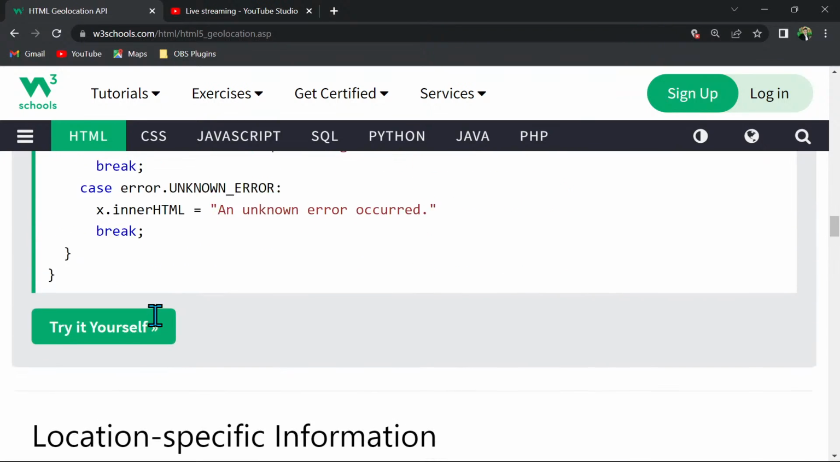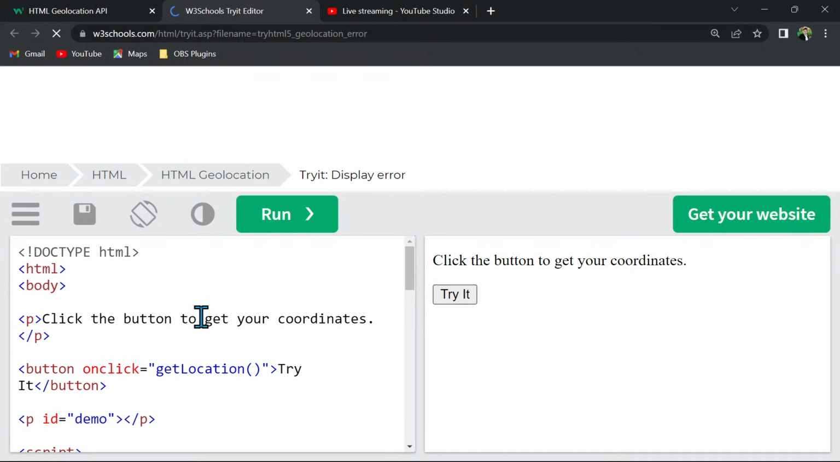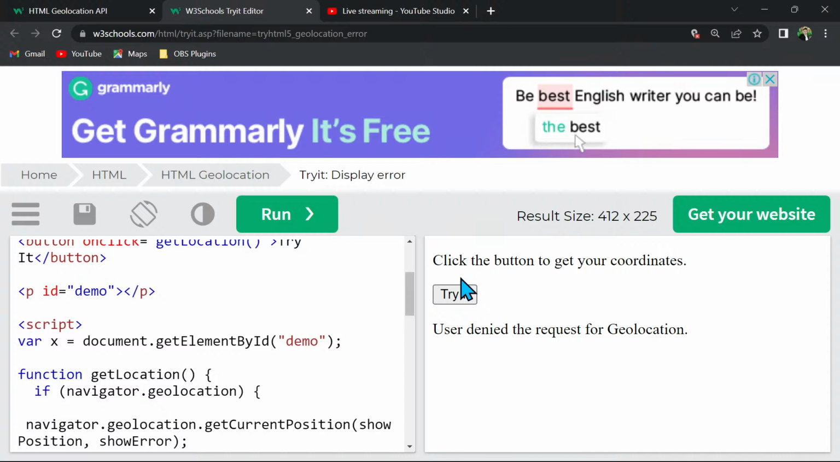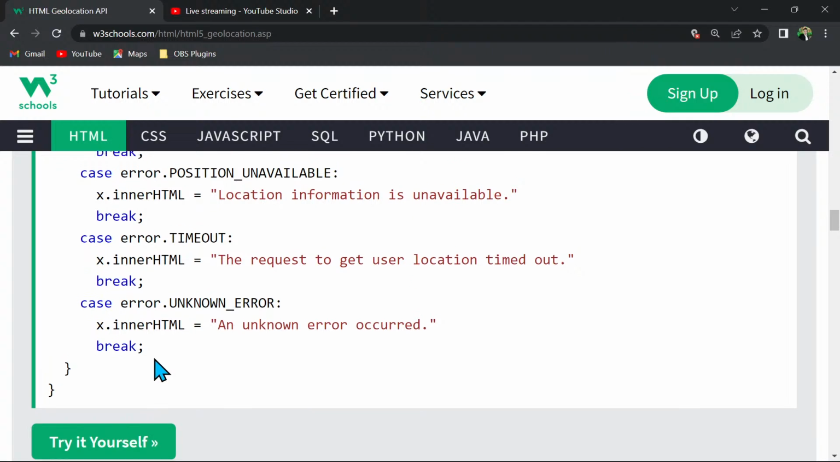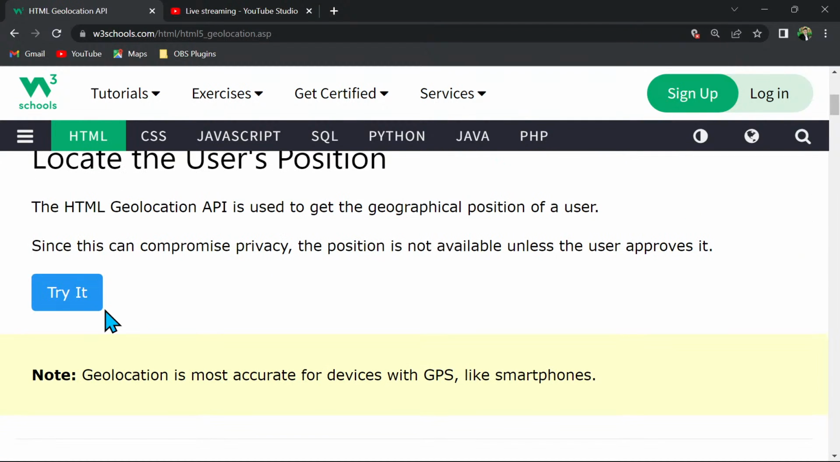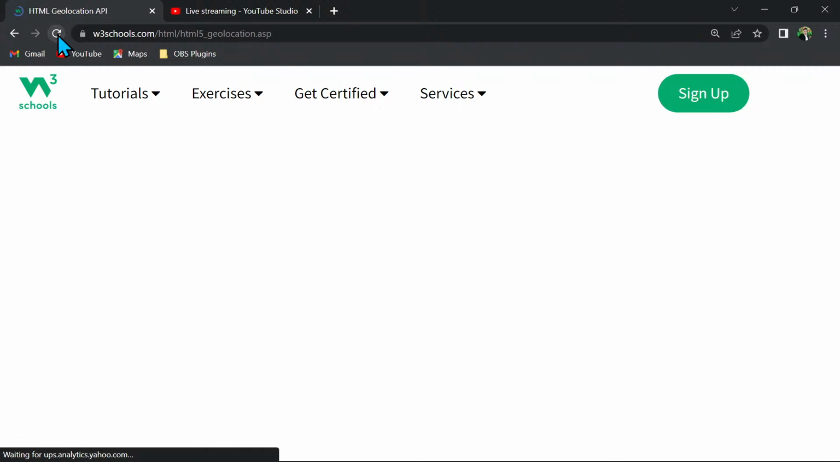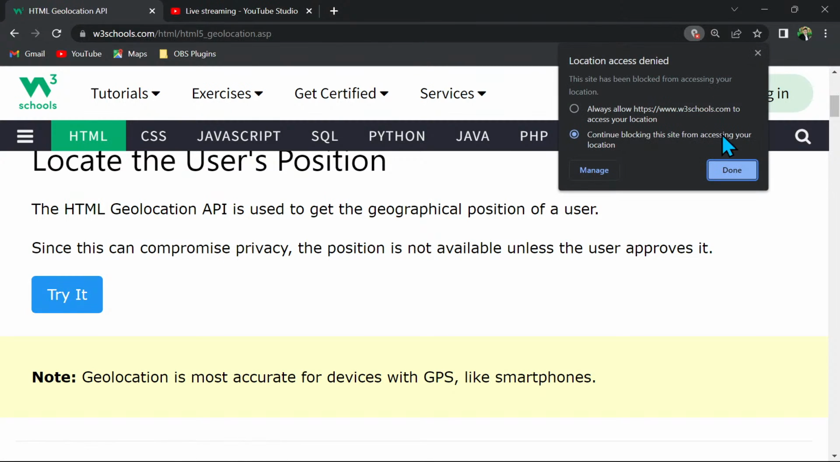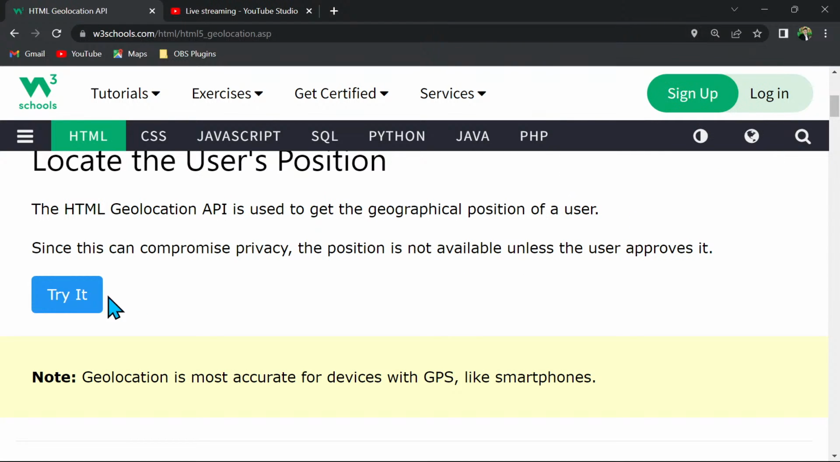And this will work if the user has denied the location access. If the user has denied the request, it can show the message, right? But if I, let's say, go back and now click on this try, it is not going to ask me again because I have denied it, right? So I will enable it from here, and if I click,